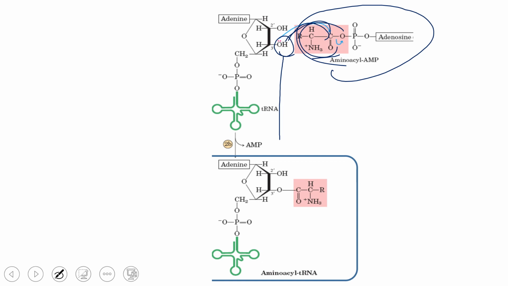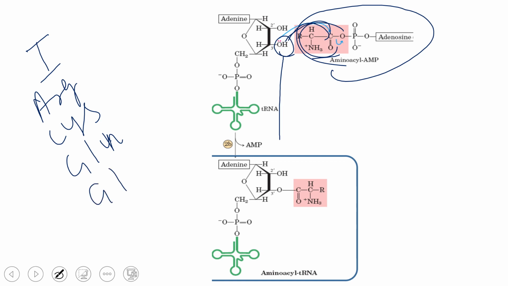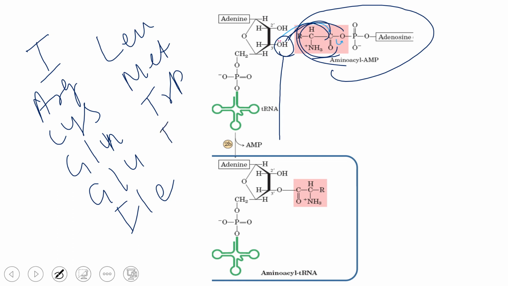So there are certain specific amino acids for which type 1 applies, and certain specific amino acids for which the type 2 process applies. If you want to write it down, you can. I am talking about type 1 first. Type 1: arginine, cysteine, glutamine, isoleucine, leucine, then methionine, then tryptophan, then tyrosine, then valine. So for these 10 amino acids we have the type 1 enzyme, which is mediated by the 2' OH and then the 3' OH.